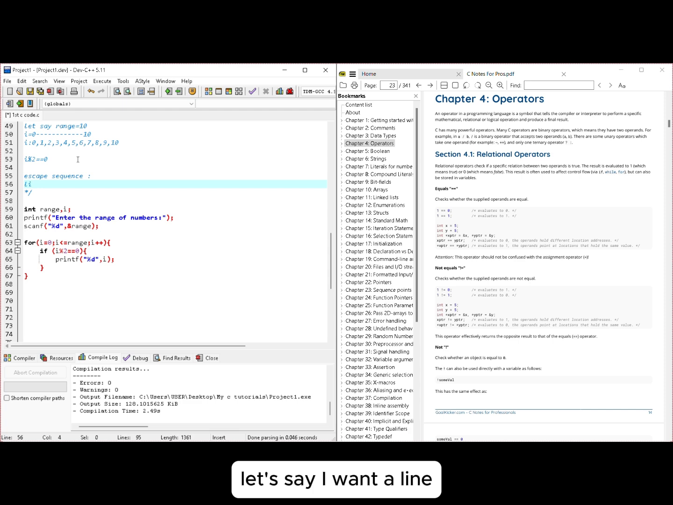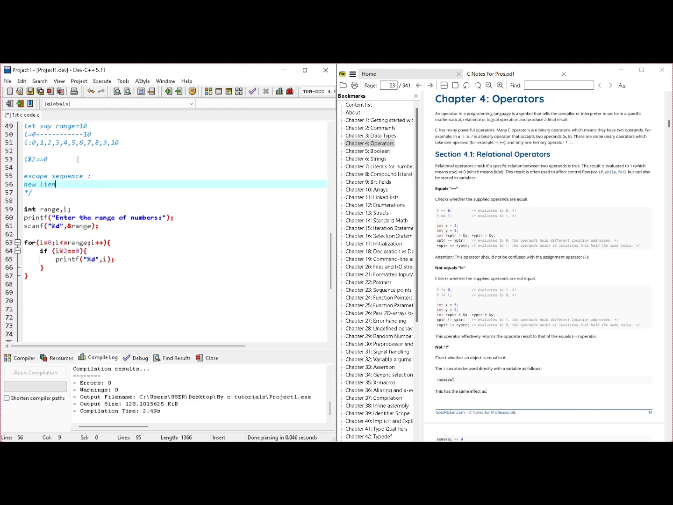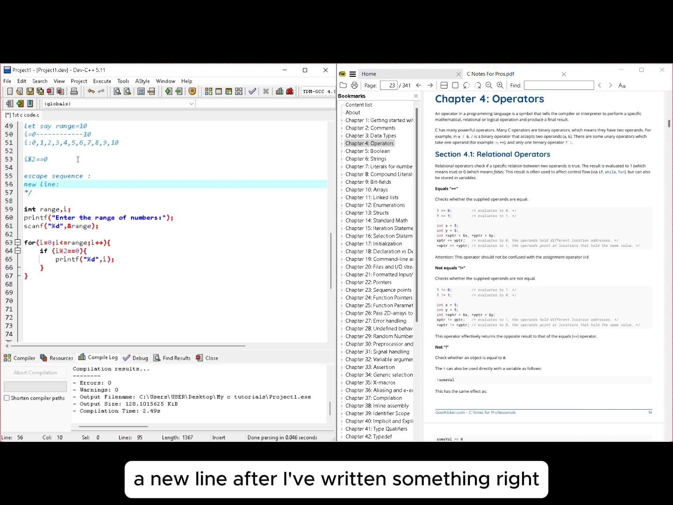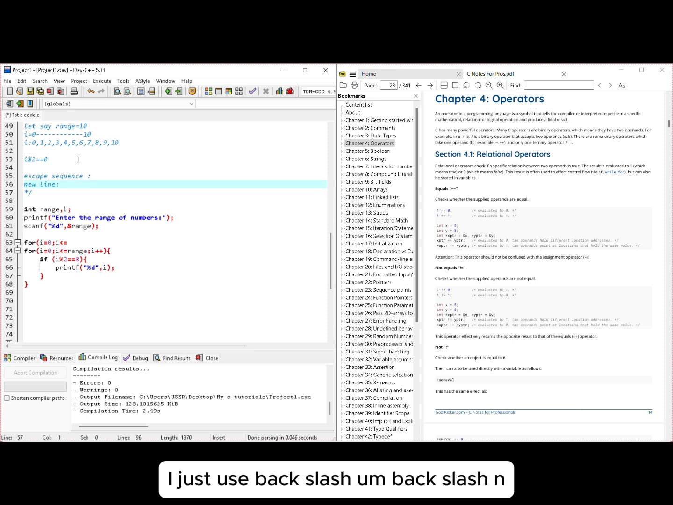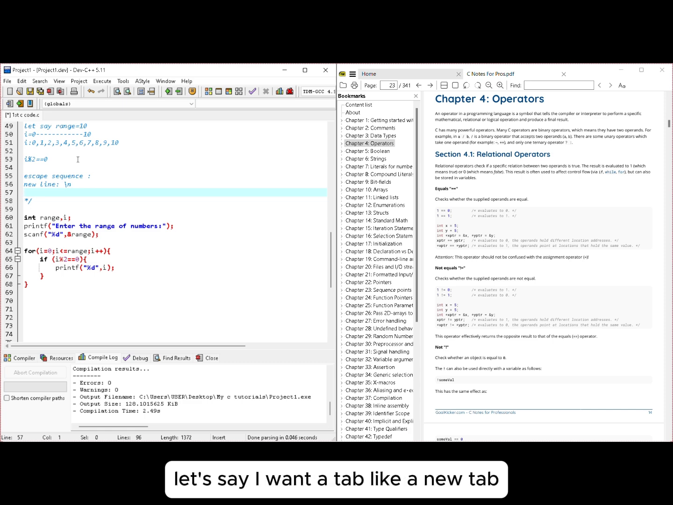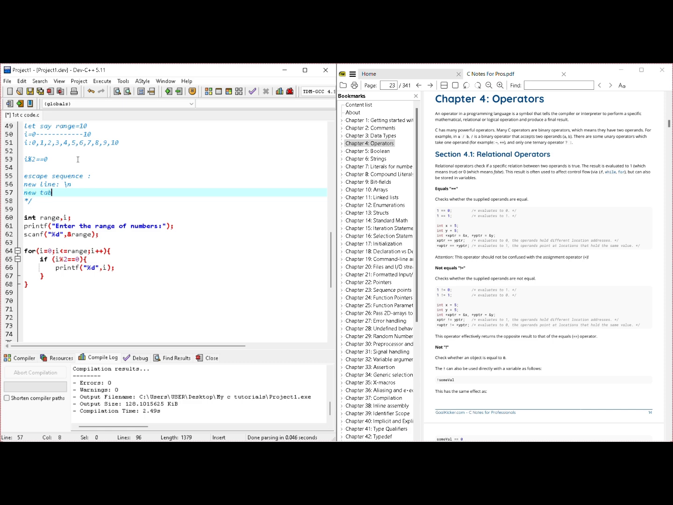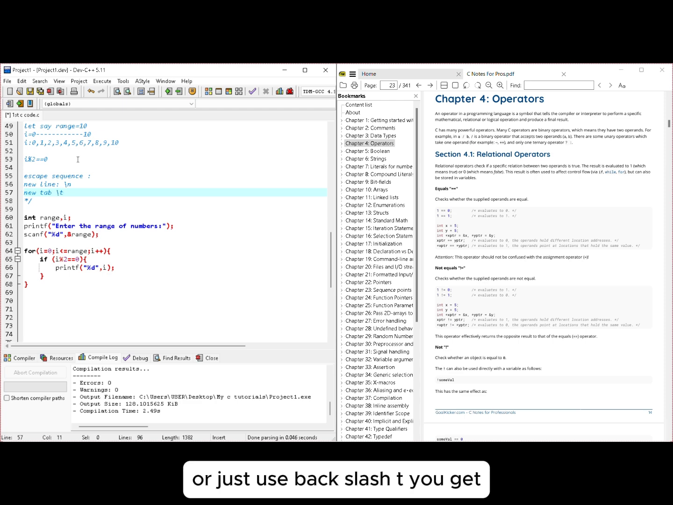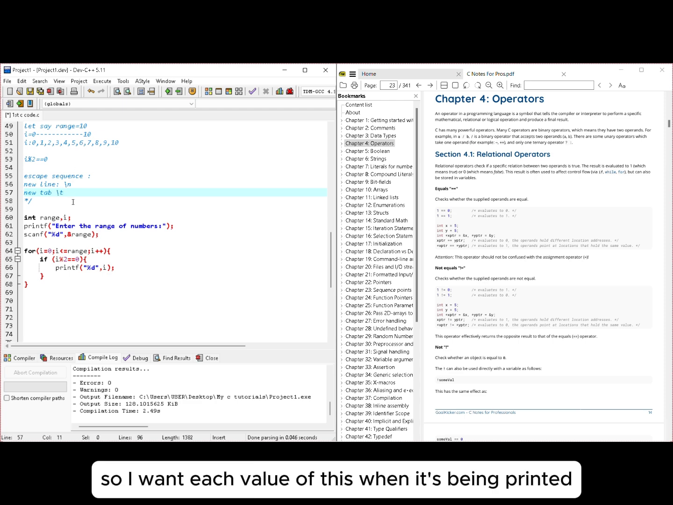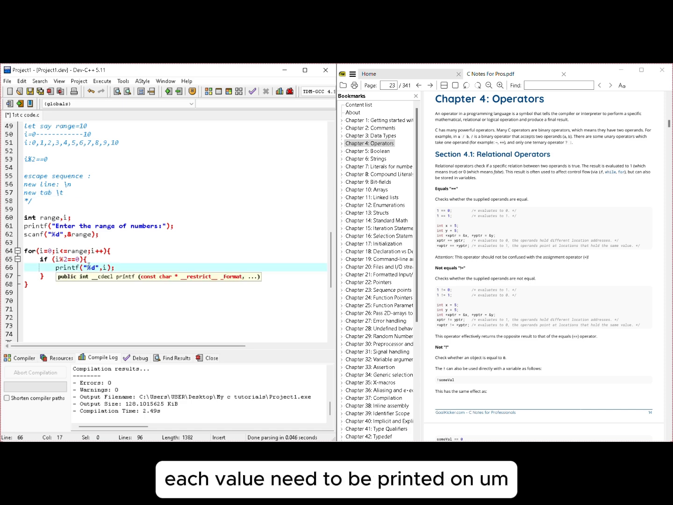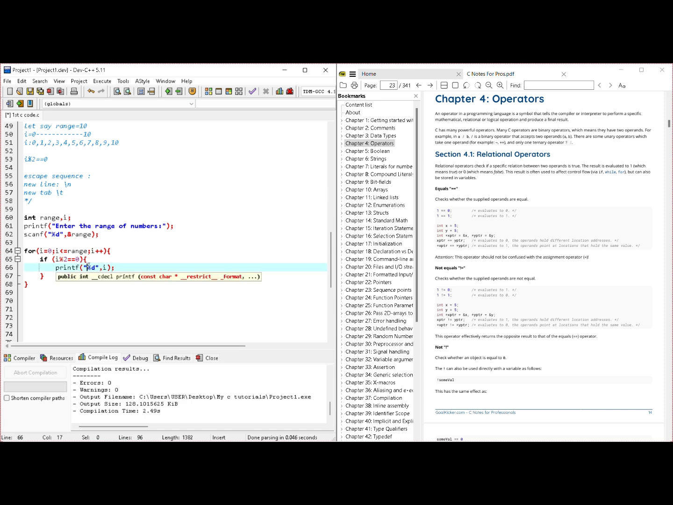Let's say I want a new line after I've written something, I just use backslash n. Let's say I want a tab, I just use backslash t. You get it. So I want each value of this when it's being printed. Each value needs to be printed on